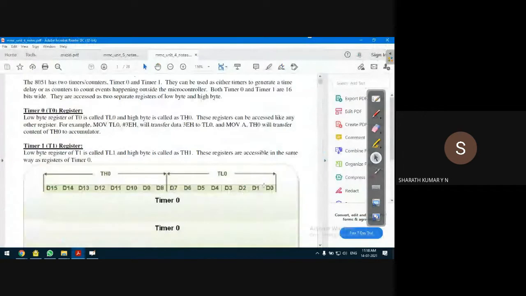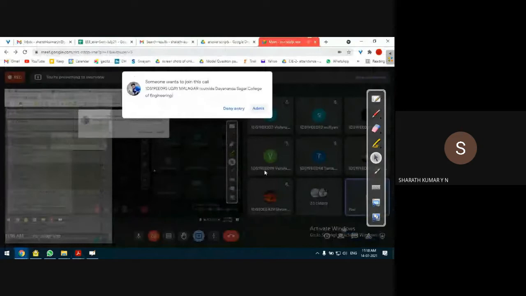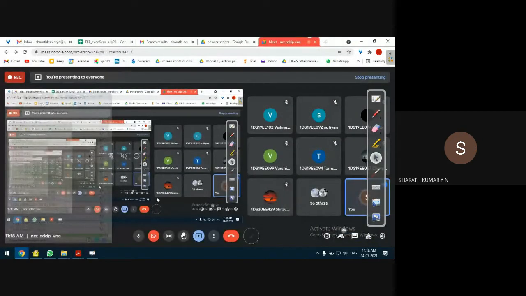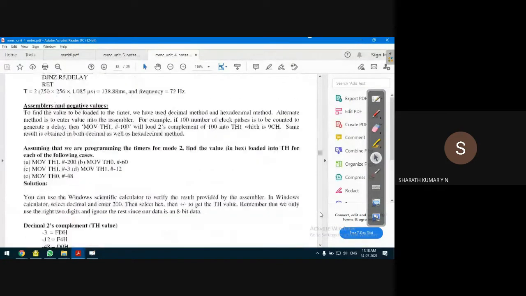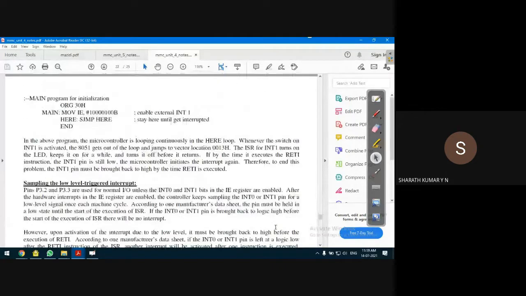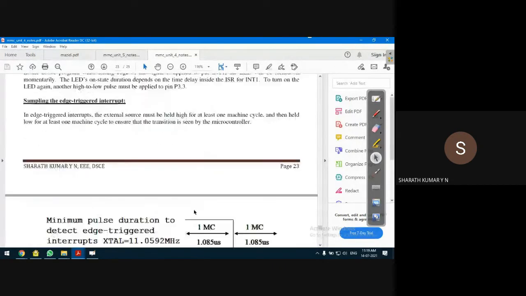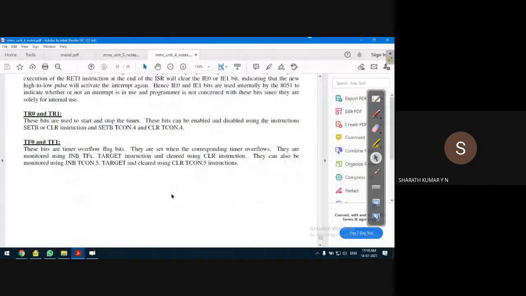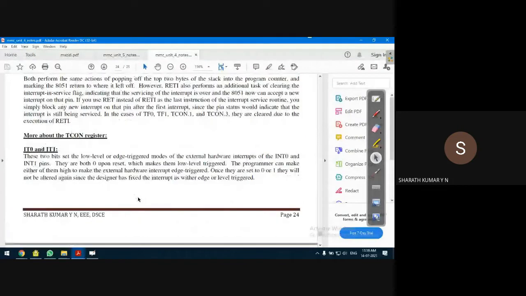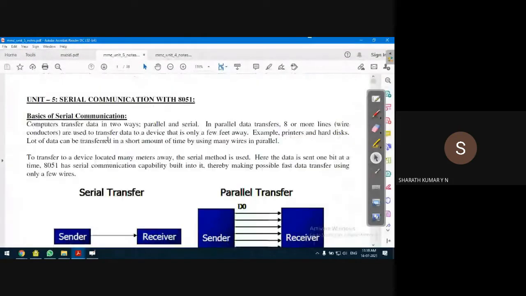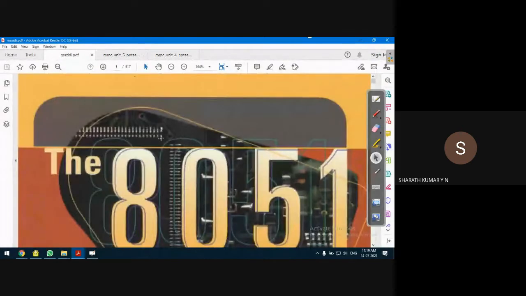Okay. So this interrupt part we have completed for timer 0, timer 1, interrupt 0 and interrupt 1 interrupt. But serial communication we have to discuss. So that we'll discuss after discussing the serial communication part. So I'm just checking in case anything left out. Okay, serial communication part left out. We'll discuss on that. Now, first we'll start with the discussion on the basics of serial communication.